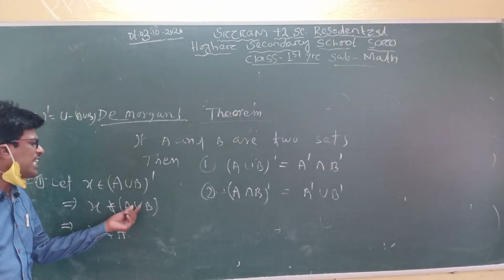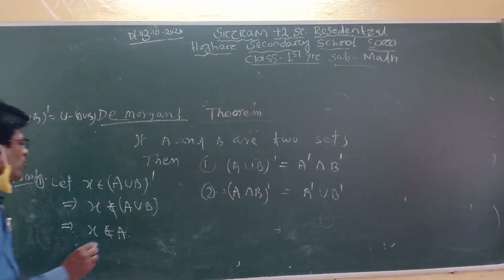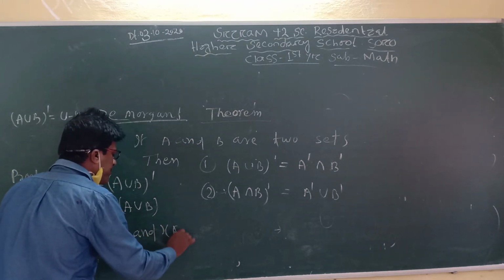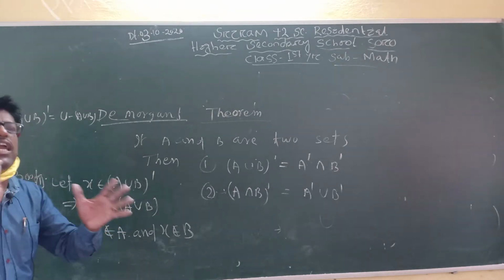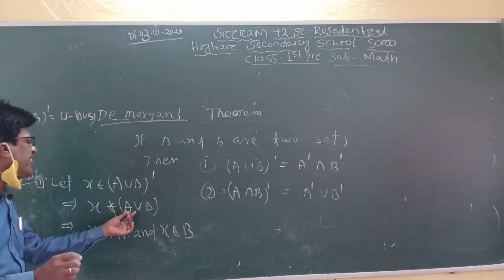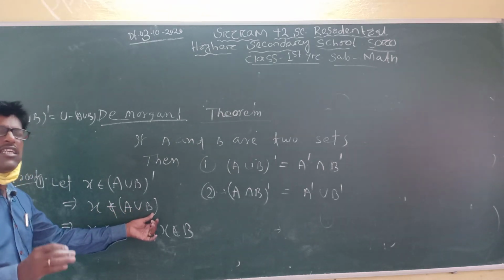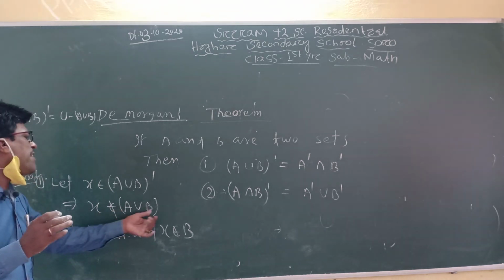You know what can stand for you? Or. But not case, using and. Why and? I have also told you: x not belongs to B. Here I give you: x not belongs to A. It is not easy to understand. It means x is not in A and x is not in B.